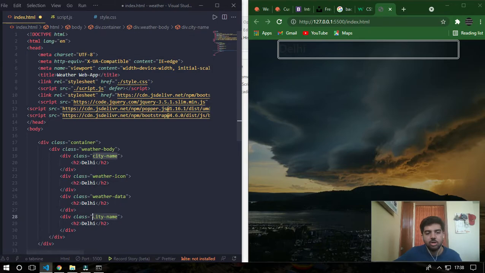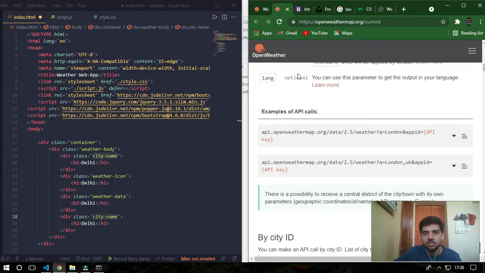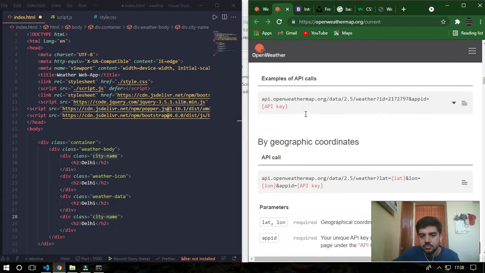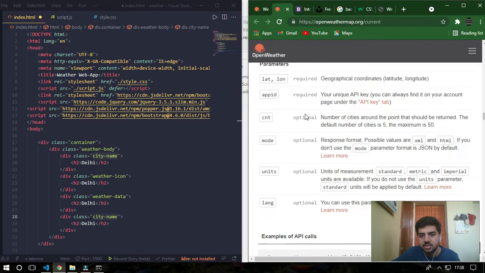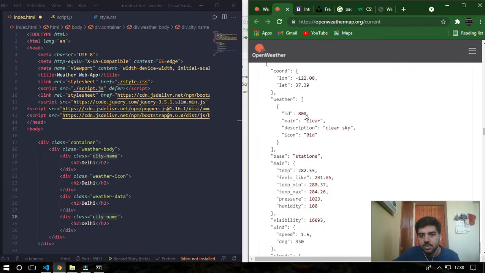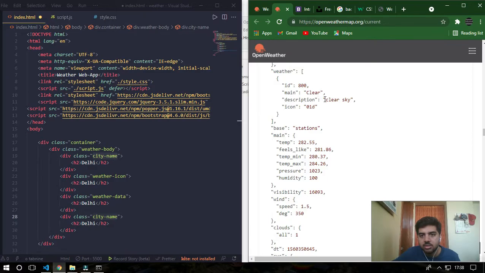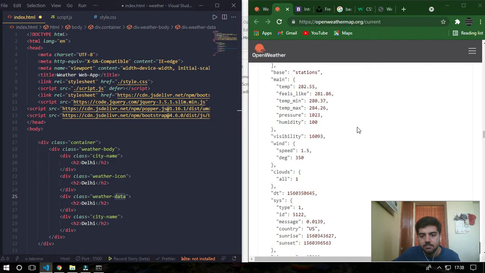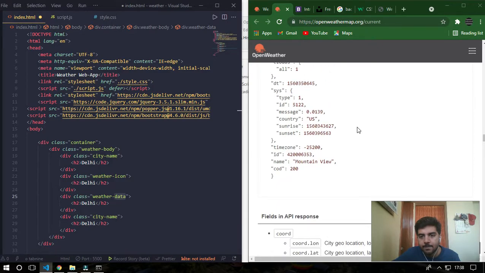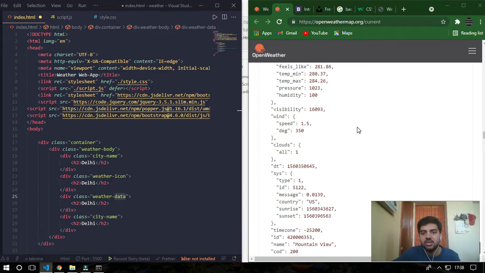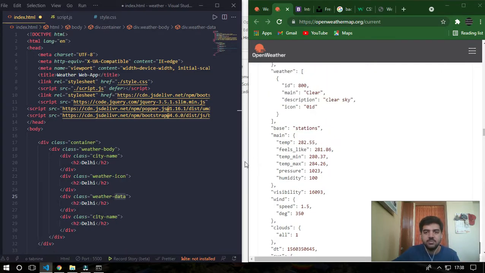Then what else can I give? So I'll get these things in return: the weather description and weather data. Okay, I can give the weather description. Then afterwards let's see what other data we can add.